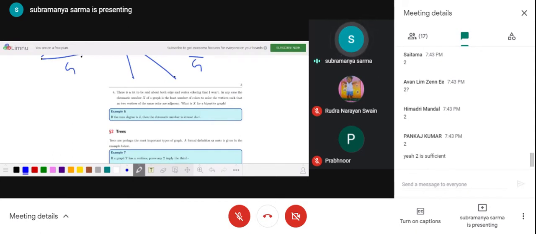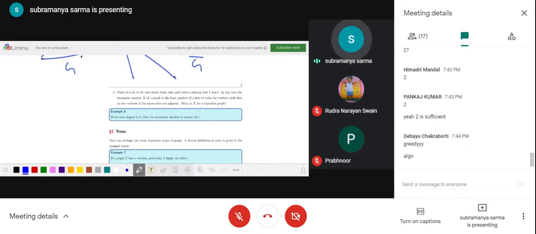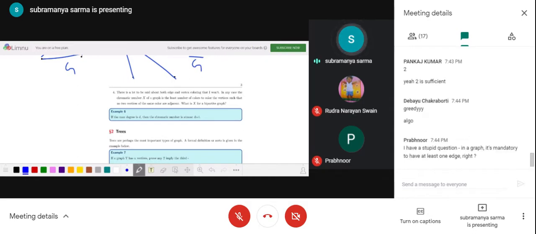In any case, you can try example 6. You need to prove that if the maximum degree of a graph is d, then the chromatic number is at most d plus 1, right? Yeah, so you can use an algorithm for this, right? So what you do is take any vertex, give it a color, right? Then move on to all its neighboring vertices, and